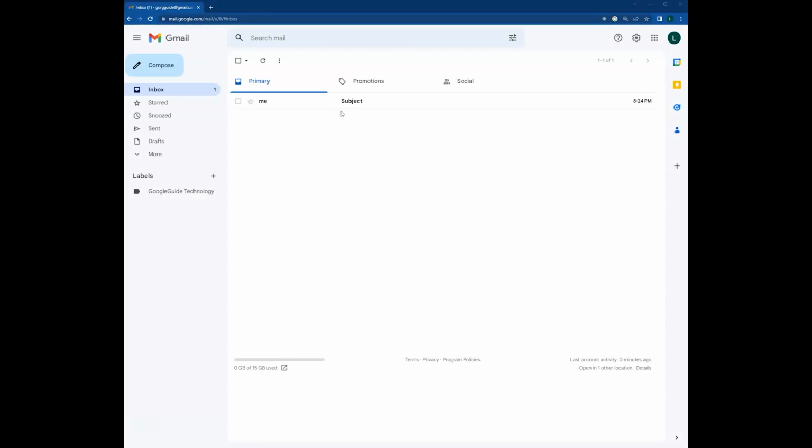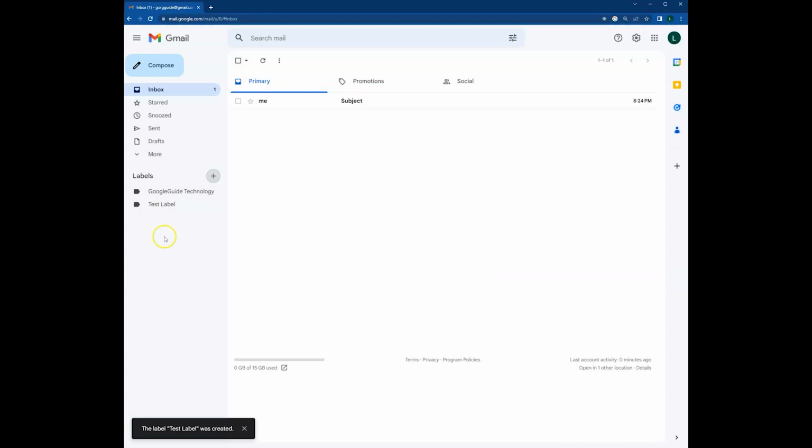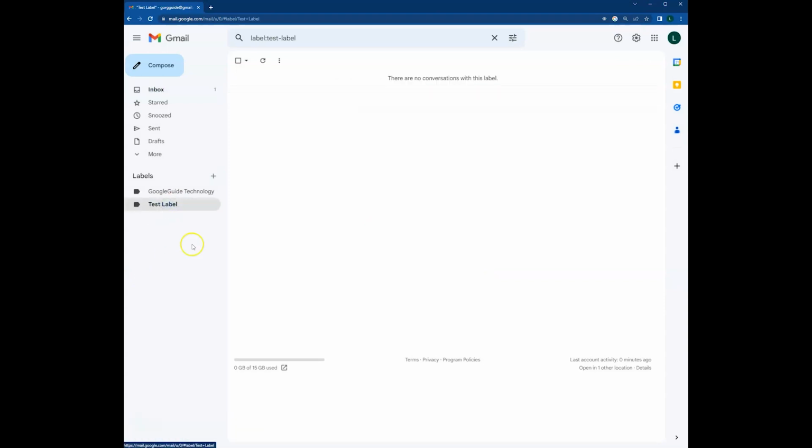So the difference between a label and a folder is a label will pop up here on the email. A label can also be used as a folder, and that'll appear down here. To create a new label, we hit the plus sign, enter the label name, and hit create. To view the label, just click on it, and all the emails with that label attached will